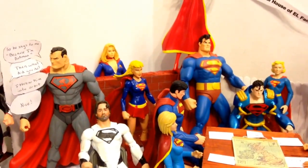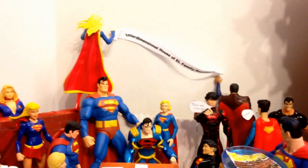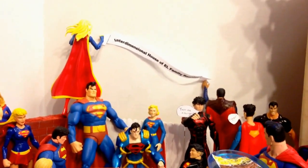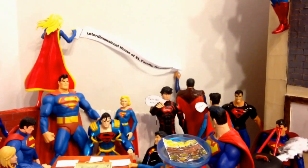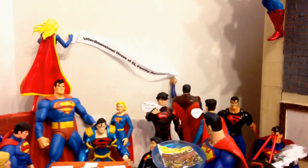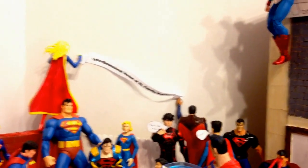Now, originally I had the New 52 Power Girl back here with the 70s Supergirl. And I was going to have her putting up the left-hand side of the House of El banner. But that did not work out, as when I lifted up her arm, her entire arm snapped off at the bicep. That is one of the...